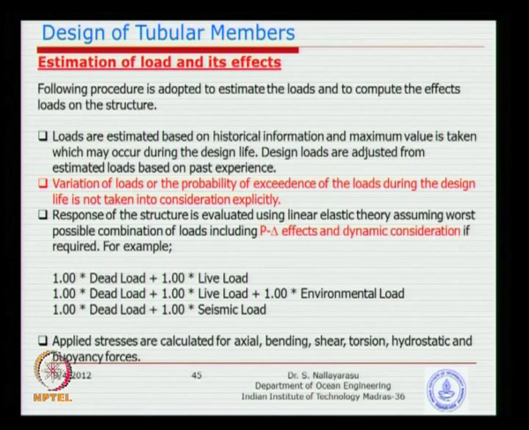There was no historical or mathematical study to prove that the particular 500 kg per square meter which was used for one particular residential building will not be exceeded. For example, you have two particular residential buildings, one may actually not exceed, the other one may be exceeded, but what we do not know is how often that is exceeded. So, that percentage, the so-called probability, is not known, and that is where the problem occurs. You may see that one building is very safe, designed exactly in accordance with the same code, whereas in another building you do not know how many times that is exceeded and how much risk it has posed for the building safety.